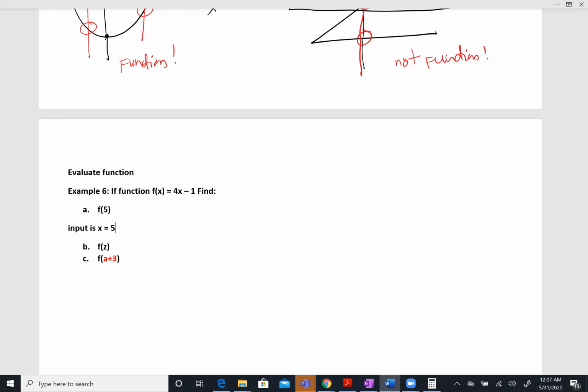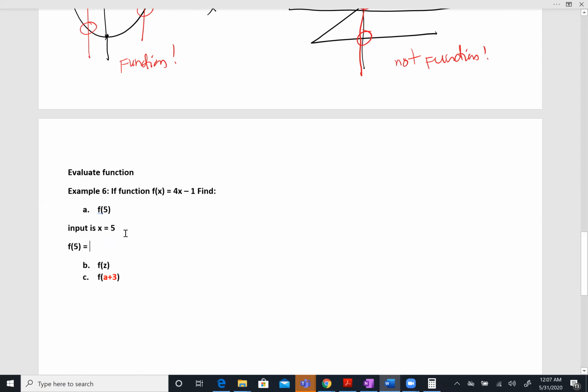So now I'm going to change all the x to become number 5. So I'm going to have f of 5 equal to